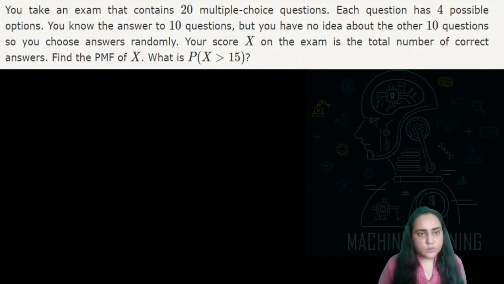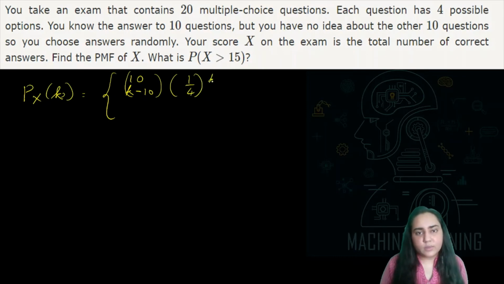Okay, so to summarize, let me just say that Px of k, this is the PMF, is equal to 10 choose k minus 10. That is my first term. The second term is 1 by 4 raised to k minus 10. And the third term is 3 by 4 raised to k, as we discussed. Okay, sorry, it's not going to be k, it's actually 20, right? So this is going to be,